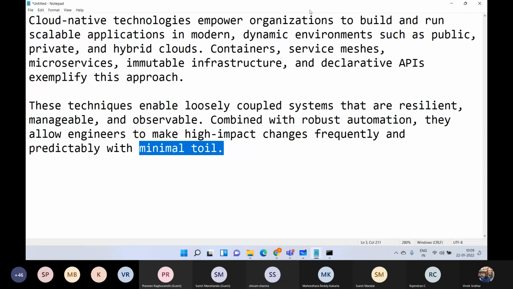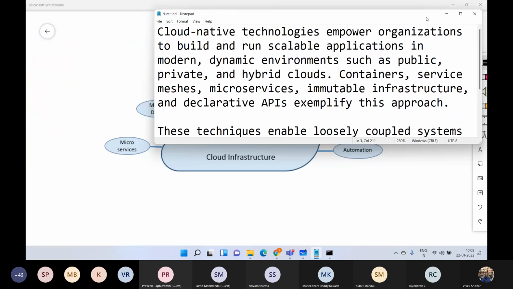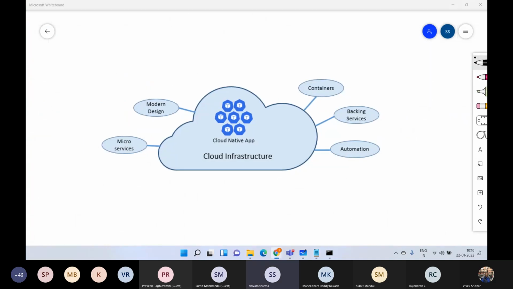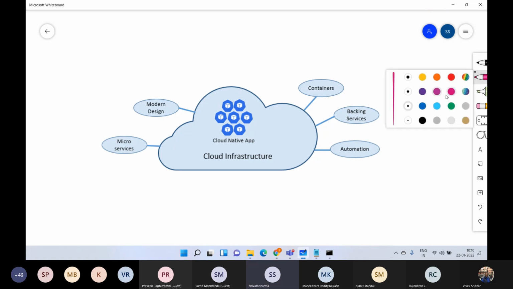Now, if I go to the diagram over here, and if we break the elements of cloud native, like if you have to architect, or evaluate any application to be cloud native or not, then what are the various thought processes, or the various pointers which will come to your mind? The very first thing which comes to mind, let me just put some numbers here. One of the pillars of cloud native will be that these cloud native applications